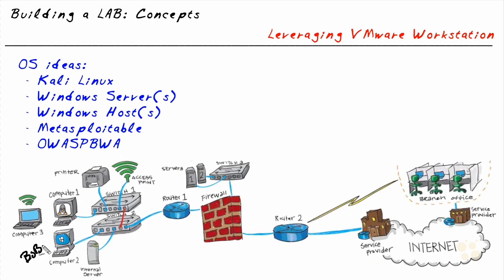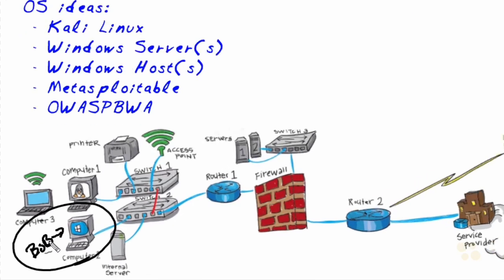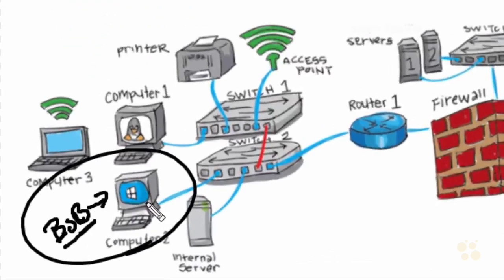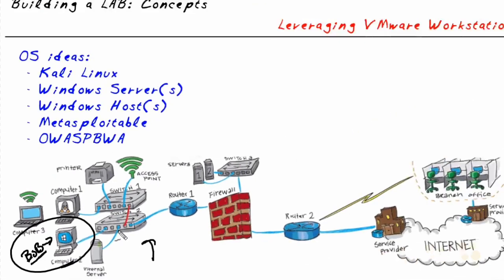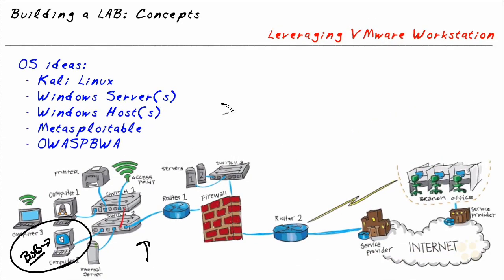So Bob is sitting here at this computer right here, and he wants to start practicing, which, by the way, is a great idea. However, it could be really bad news for Bob if he loads up the tools on his computer and starts using them on this network, especially if Bob is not in charge of that network and doesn't have written permission to use the tools. So instead of using a live network that Bob is not responsible for and doesn't have permission for, here's another idea. Bob could create his own network,